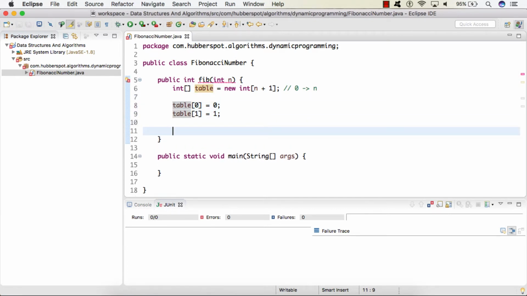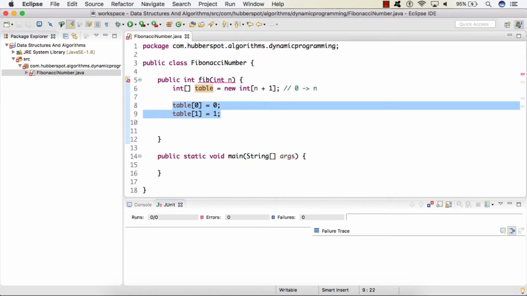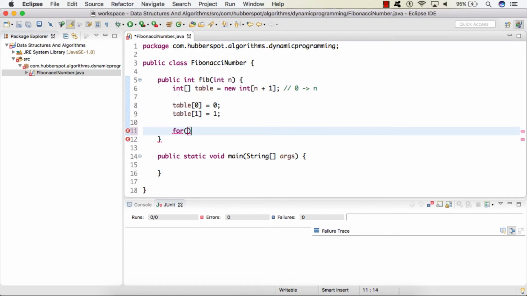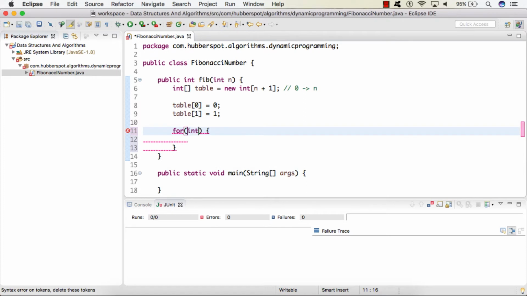And also friends, we discussed that in the Fibonacci series, if you want to know the current number, you just need to do the sum of its two previous numbers. So here we have these first two numbers. If we do the sum of these two numbers, we'll get the second number. And similarly, using this approach, we can come to know what the nth number is. So we are simply storing the Fibonacci numbers in this table array. We have used the 0th index and 1st index, so now we'll start from the second index.